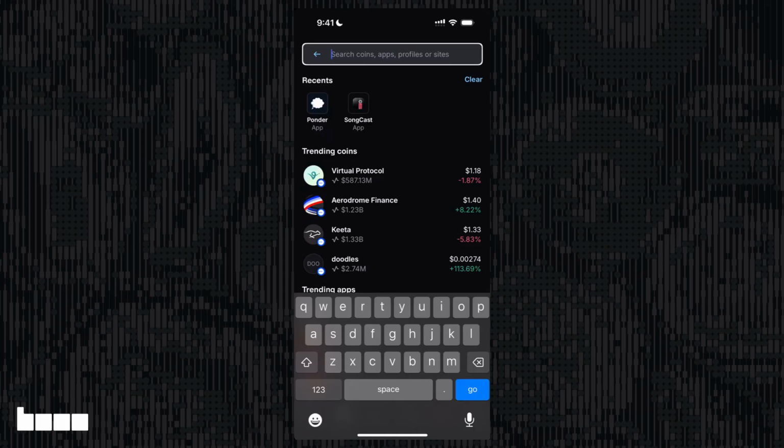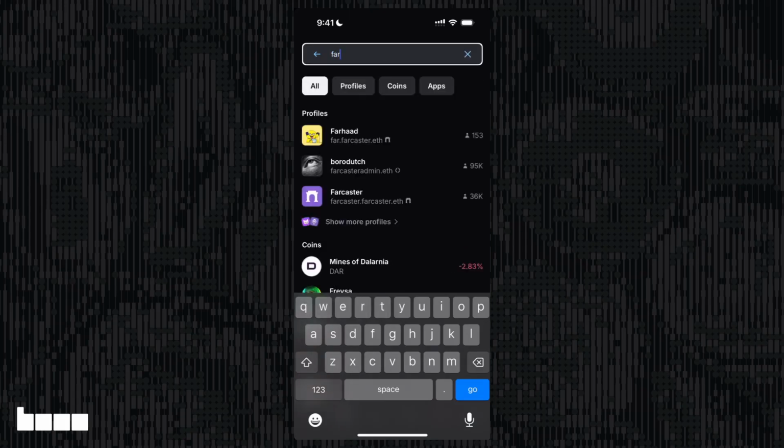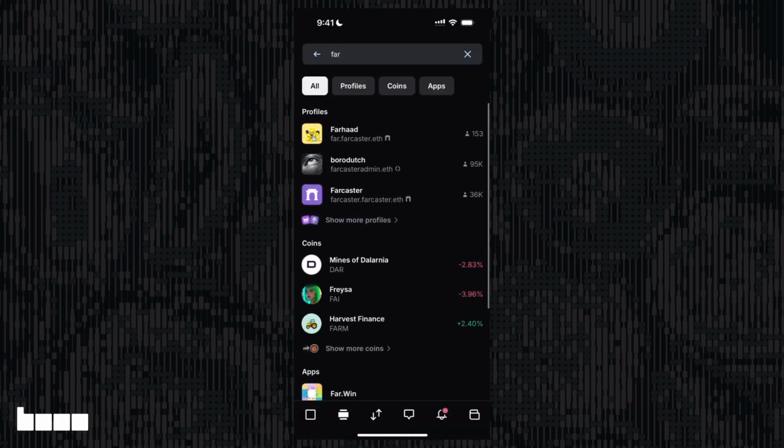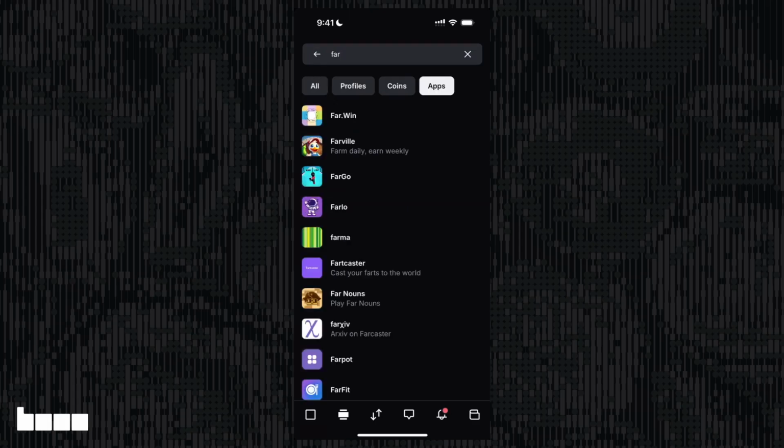Anyways, let's say I'm looking up just an app. I'm going to use Farville in this case, and I'll click on the app section here. Really cool, because on the searching side, you can search for coins, people, and apps.